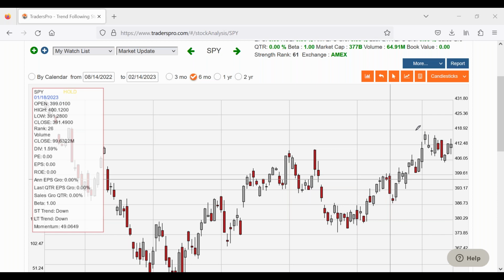But when we were in this move right here, what was I saying? Okay, we're breaking out of that long-term downtrend line, but we don't want to chase it at that point because it's a little bit stretched. You want to wait for it to pull back. And I also told you how it pulls back is going to tell you a lot. If we started to have a really sharp sell-off right here and came all the way back down, then now we got to worry about this being that larger